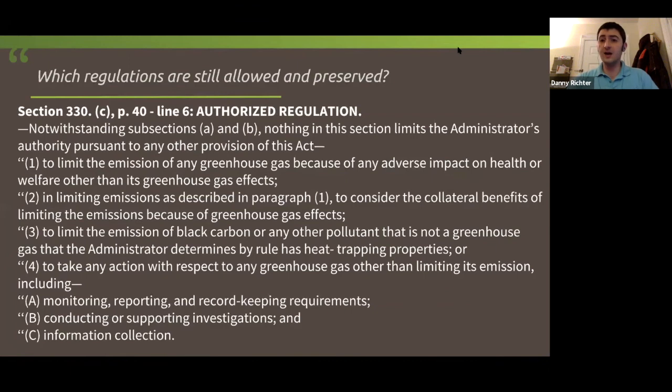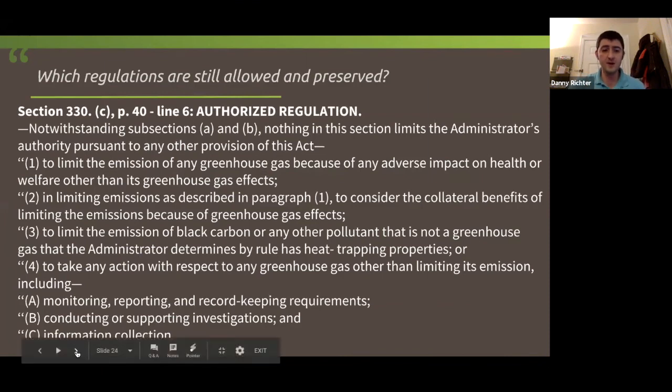Everything else is okay. And so another way that I like to explain this whole section is if you have, say, coal, you can still regulate it for its mercury, for its sulfur, for its effects on streams, for its effects on waters. You just can't regulate the CO2 for its greenhouse gas effects unless burning it is making people sick locally, and then you can still regulate it. So this is very narrow. It's a very narrow regulatory pause, and of course it comes back anyway.